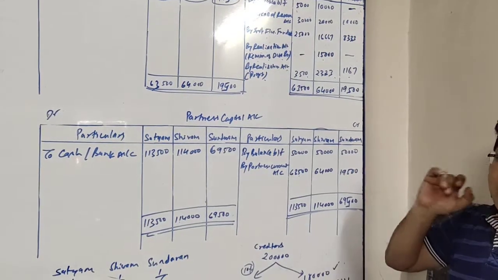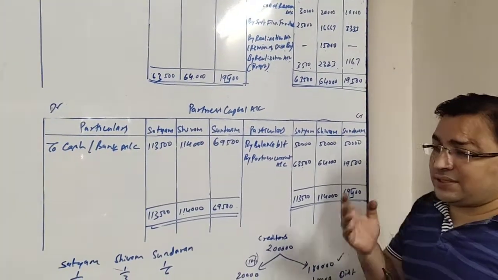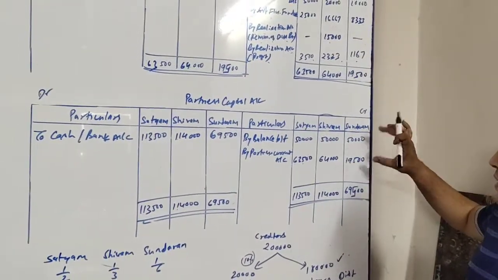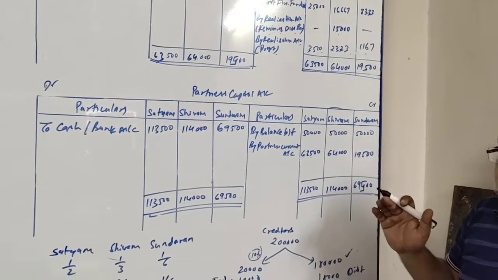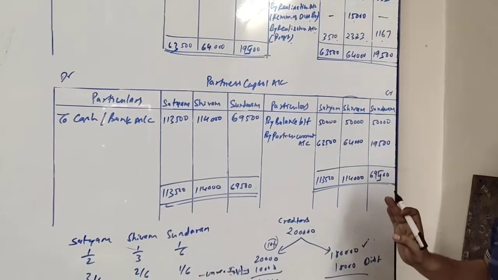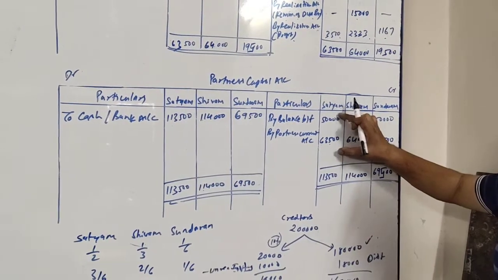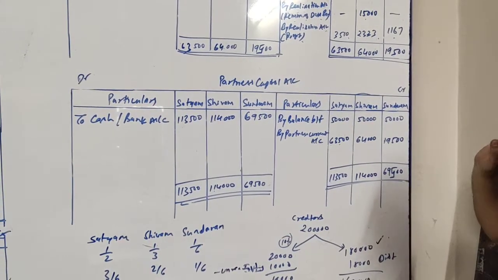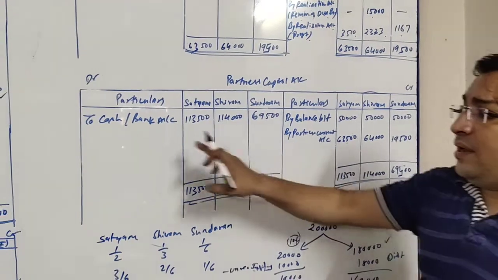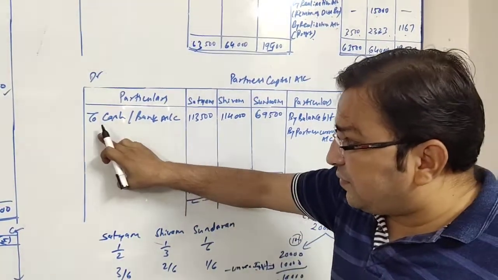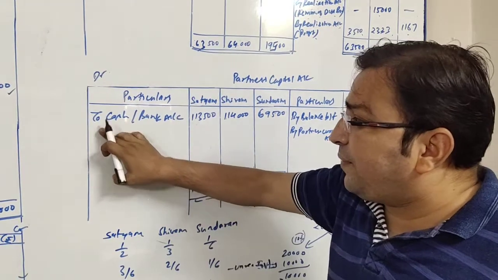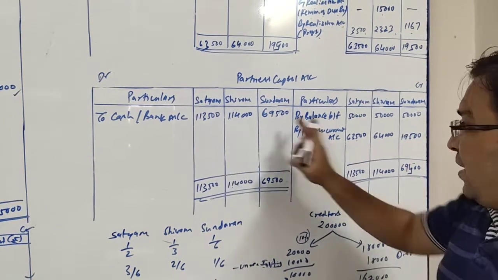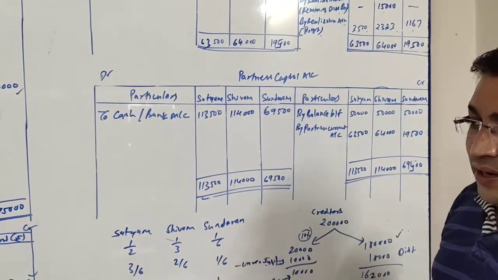Now we will be closing capital account and whatever the difference is will be paid or is recovered in cash. When I close the capital account, there are 2 items in each account at the credit side and there is nothing at the debit side. That means everybody is having a credit balance of capital. Satyam's total is 1,13,500, Shivam's total is 1,14,000 and Sundaram's total is 69,500. The same amount will be paid to them by the firm to cash or bank account. Total 1,13,500, 1,14,000 and 69,500. Total of both the sides will be the same.